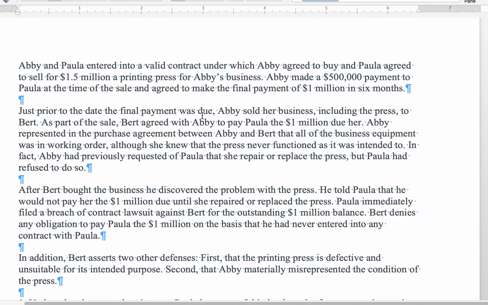Okay, so let's move to the next paragraph. And just prior to the date, the final payment was due. So let me just say one thing. What is this? Do you know? It is UCC. It's movable goods. They appear to both be merchants. So you write below